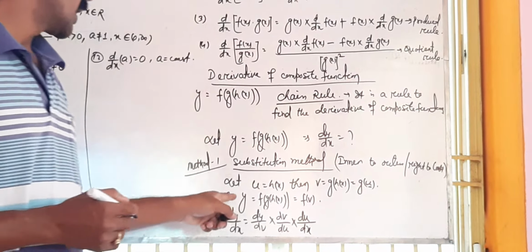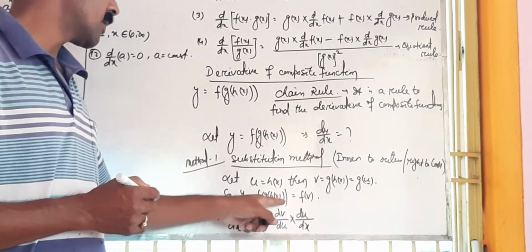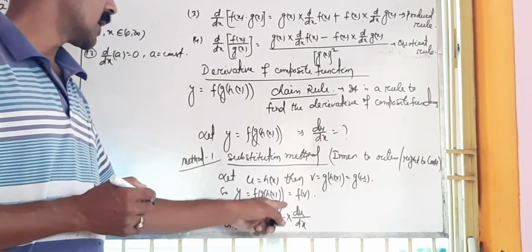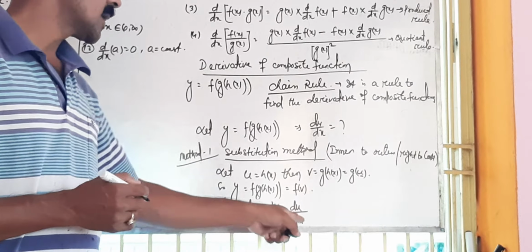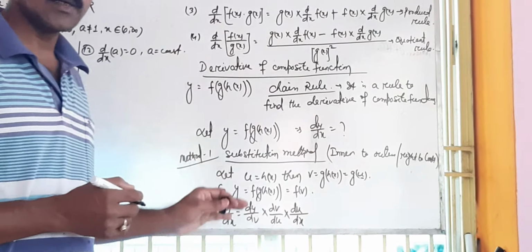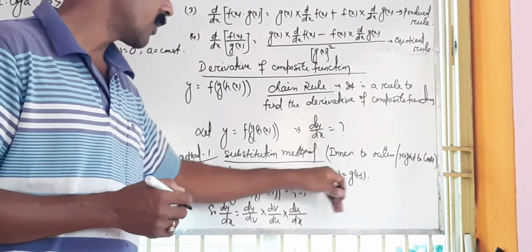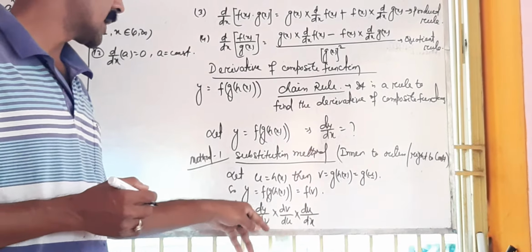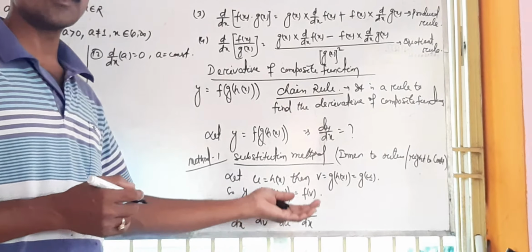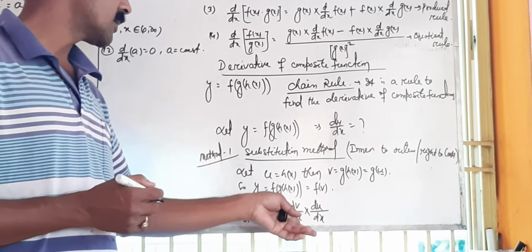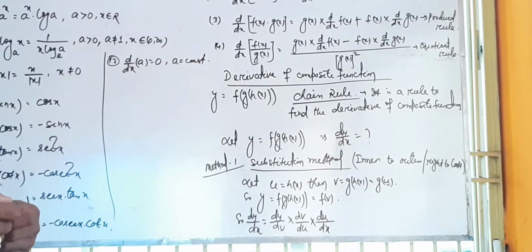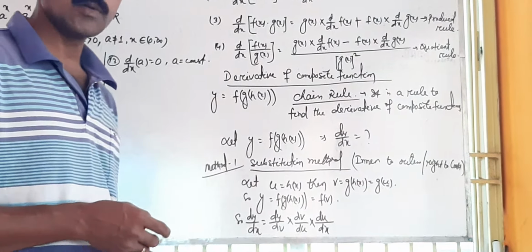Now here you see, dy by dx is dy by dv into dv by du into du by dx. So here du will be cancelled, dv will be cancelled, and it is dy by dx. But don't cancel it. You have to find the value from v. So this is called chain rule. Now you see it looks like a chain. It ends with dv, then again continues with dv. Here it ends with du, next continues with du. So this is called chain rule and substitution method.